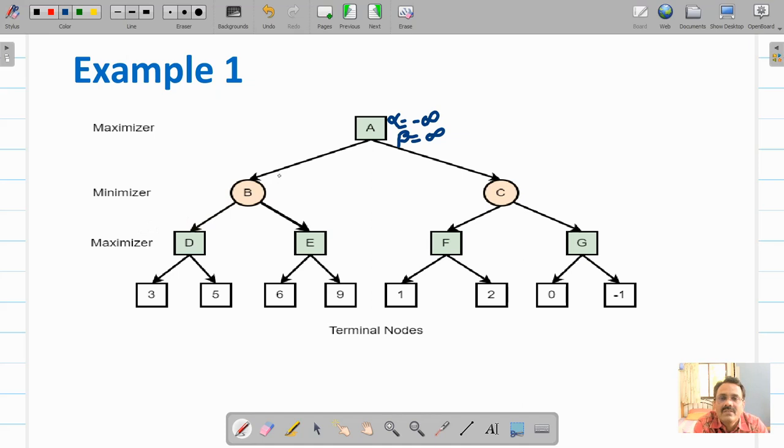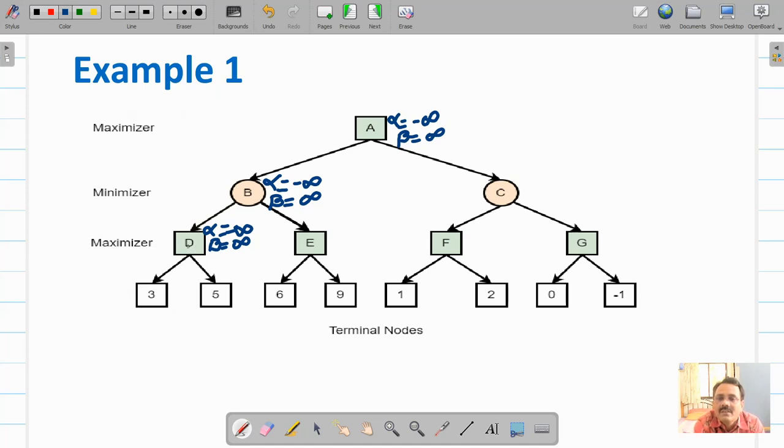Then depth first search will go to B. Alpha is minus infinity, beta is infinity. Then it will come to node D. Alpha is minus infinity and beta is infinity. Node D is a maximizer node. Then it will evaluate this value 3. It will check this value 3.